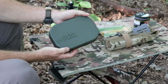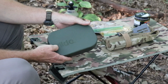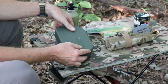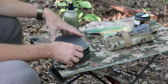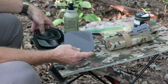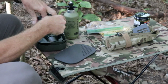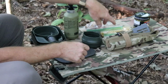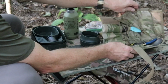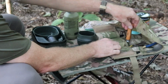Now, I've been using this Will Do mess kit for quite a while now, and I'm becoming a fan very quickly. It's a nice set. I've got a few mess kits, but I'm not really a mess kit kind of guy for the most part, but this really works great. It's got a lot of things. I'll do a video on it. I'm pretty sure I like it enough now that I'll probably even shoot it tomorrow, who knows. But I'm going to get my open now,